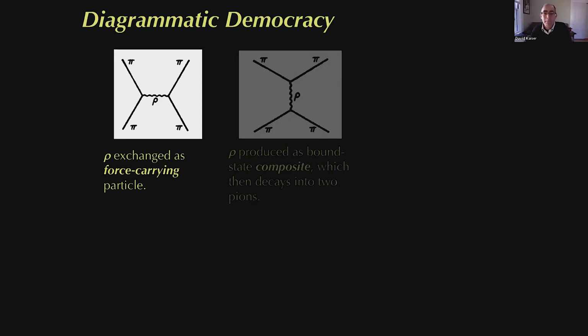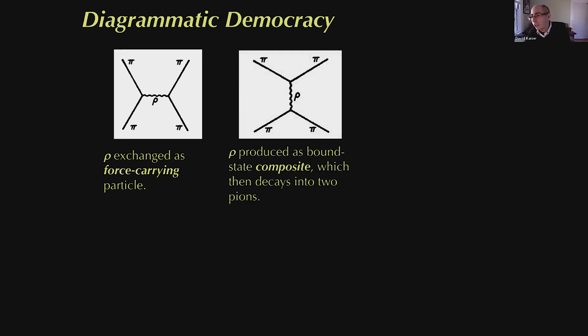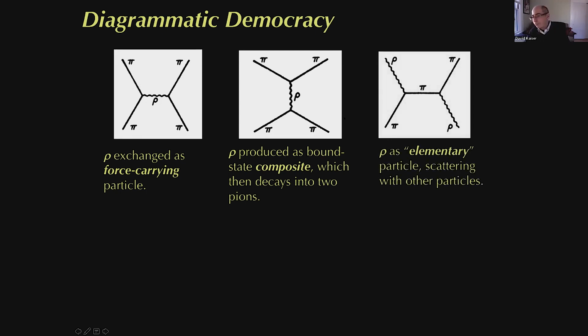But if you just rotate that diagram, literally turn it on its side, then you tell a very different story. You see two pi mesons brought together. They were attracted because they felt a force. Once they approach each other, they can create a temporary bound state of the rho meson. It's an unstable particle, so the rho meson later will decay into a pair of pions. And that just comes from rotating the same diagram. Meanwhile, once you create some rho mesons this way, they can be involved in all kinds of other interactions where they would appear as a so-called elementary particle. So the status of the particle type seems to have changed just by rotating these very simple-looking line drawings.